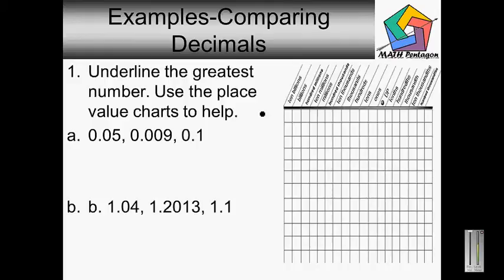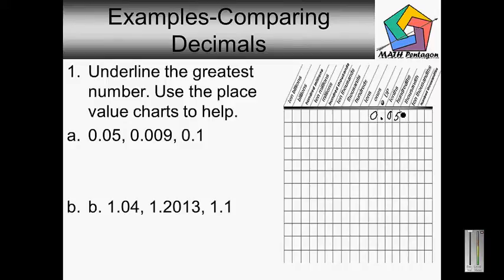Let's do a few examples on comparing decimals, and the directions are telling us to underline the greatest number, and use the place value charts to help. So we want to plug in these numbers in the place value chart, so we're going to do that first. So we have 0.05, so we put